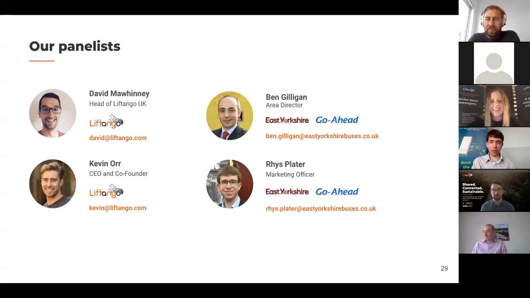Yes, so if a passenger doesn't cancel within 30 minutes of the journey time, then they will still be charged. Obviously, if it's a concessionary passenger who hasn't paid or isn't paying, then they won't be charged. In those cases, and we've only had a few, we're able to identify those and educate the passengers as to why it's a problem not showing up. And the driver can also call the passenger on the day to see if there's any issues if the passenger's running late. So it hasn't been too much of an issue, but there are those controls in place.